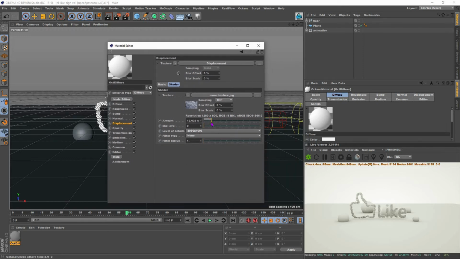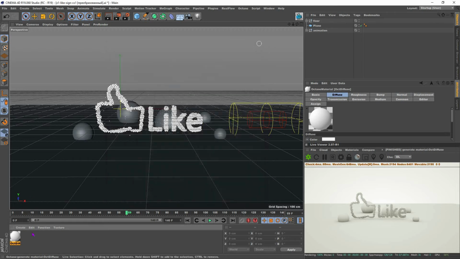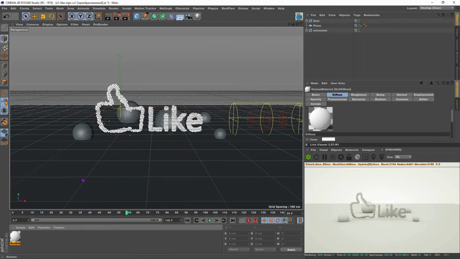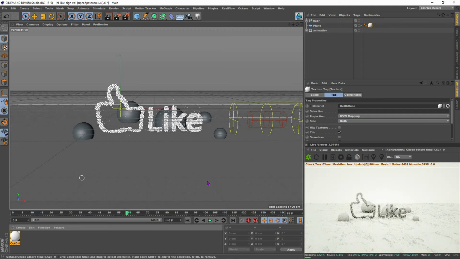Alright, and the height maybe like 15 centimeters. Let's try. It will be really, actually it's, yeah, and in this one, let's see, we can apply it to the floor. Yeah, and actually I like this one. Maybe we can change some